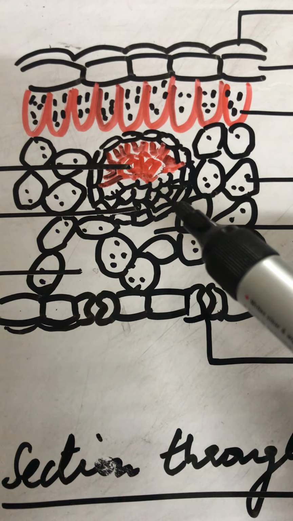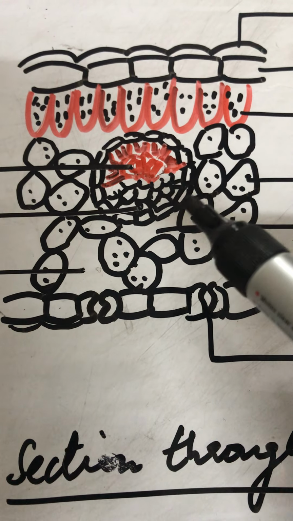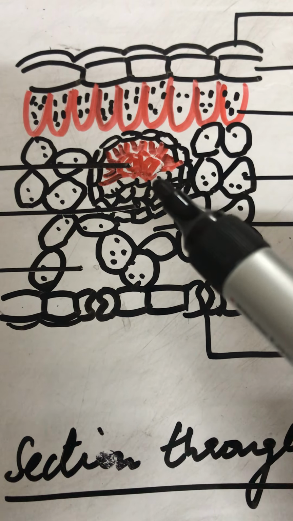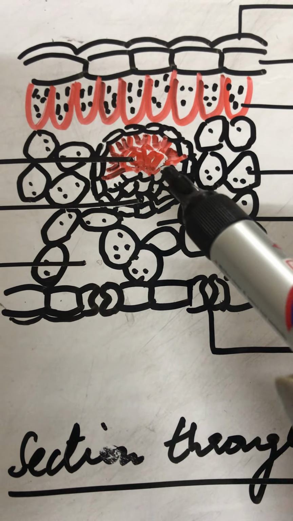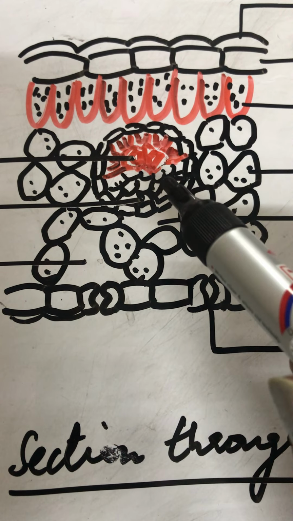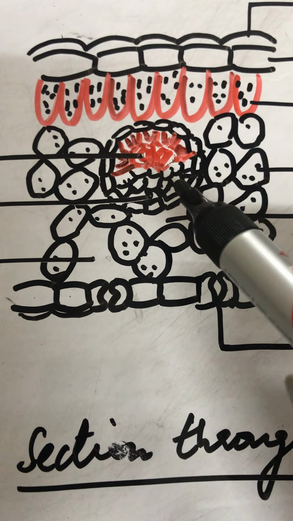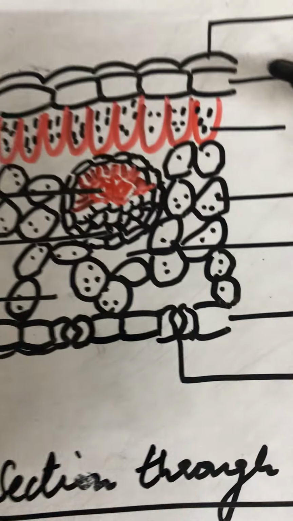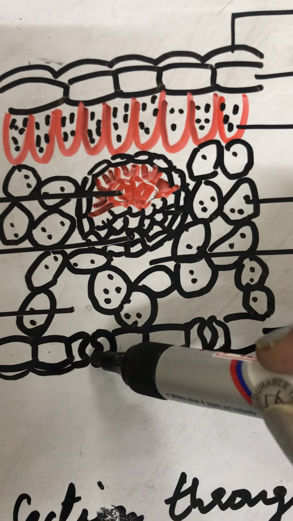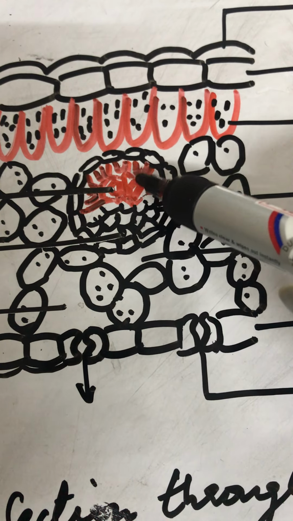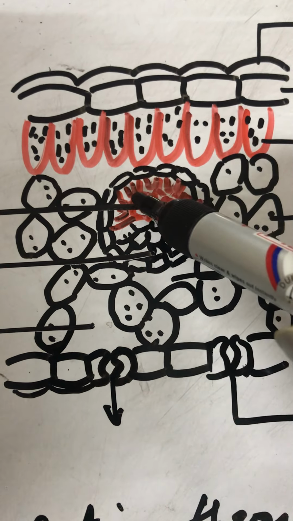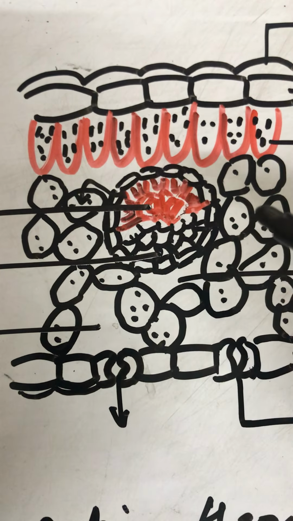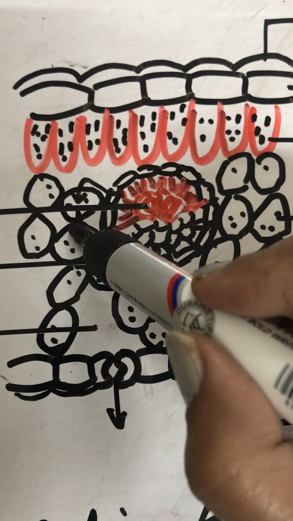Now what happens during transpiration? In transpiration, for every drop of or every molecule of water transpired, one molecule of water takes its place. How? These vascular bundles of root, stem and midrib of the leaf or in the veins of the leaf, they are all interconnected. And from which tissue is the water coming up? It is coming up through the xylem. So as a molecule of water transpires or is lost through the stomata, what happens? More water is drawn up into the xylem. From the xylem, this water moves to the spongy cells. The arrow is showing the direction of movement. From one spongy cell, it moves to the other.